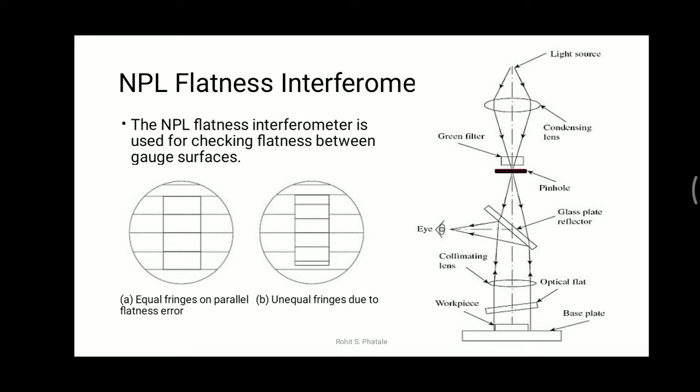So what will happen after these rays strike the base plate and workpiece? The reflected rays will go back into the collimating lens, and it will fall on this glass plate reflector. Because of that, what will happen? And this is the human eye. We are allowed to see this part only. Whatever information we are collecting will be